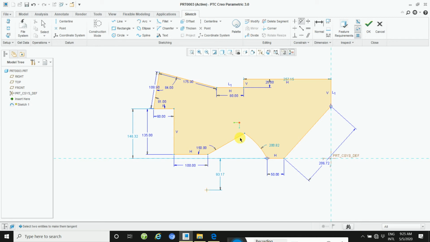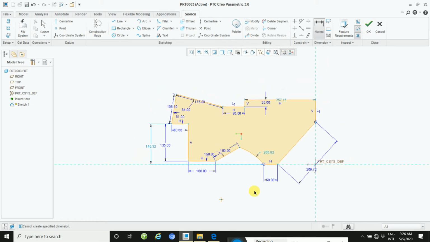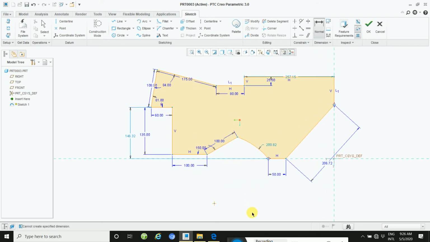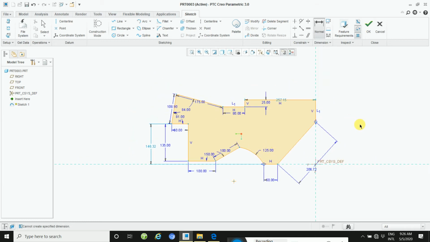Okay, first line, then second line. It's a lot of issues. First define to this line distance. Okay, this line is 100. First point, second point, then click here. First point, second point, then mouse middle button two times, click here. Okay, take a 100, it's fine. And this radius is 125. Okay, and then